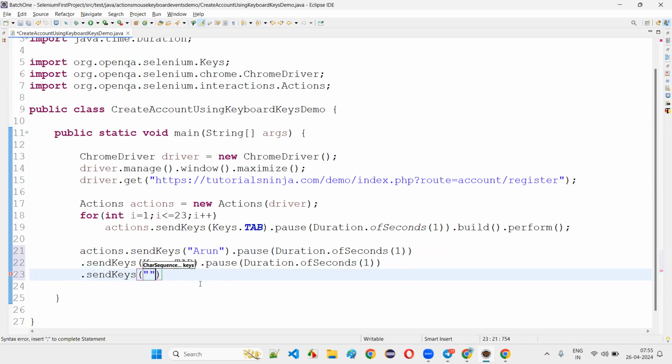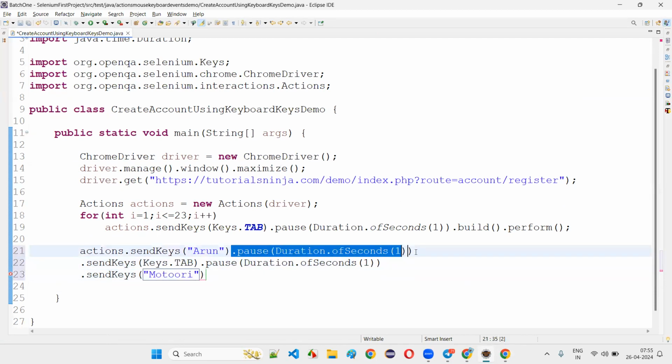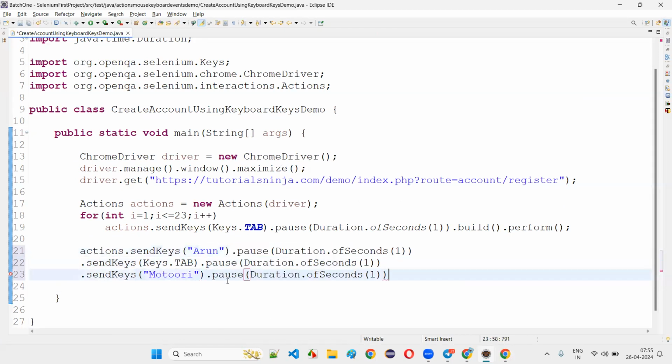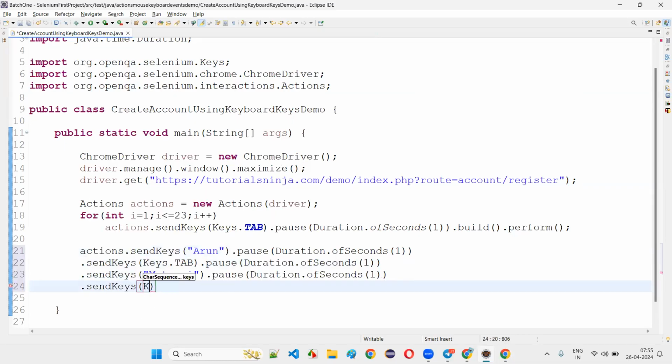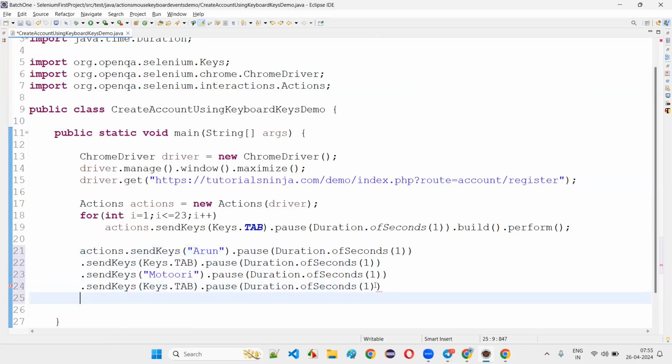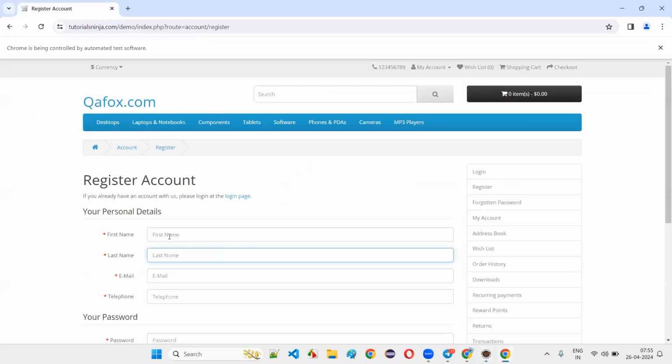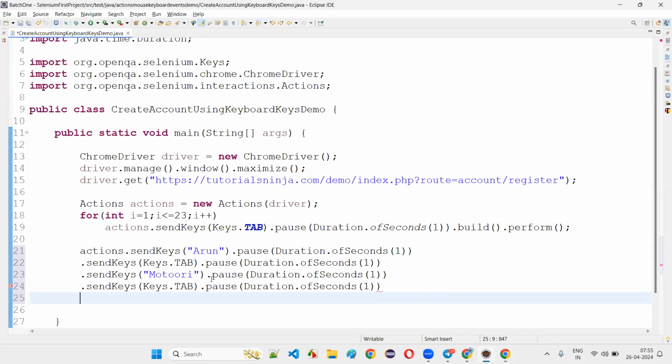Here I'll give my last name text, Motori. Dot pass. I'll give here and then say dot send keys. Keys dot tab again. Again dot pass. After entering my last name here, I'm pressing the tab key, and here dot